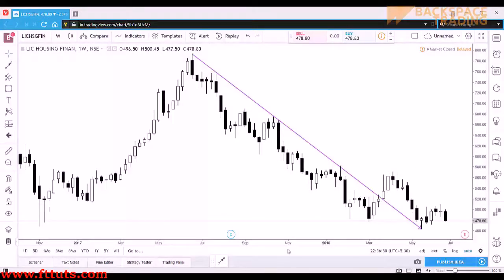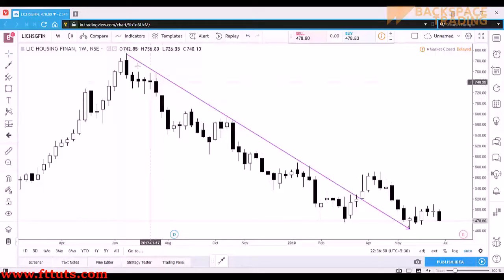What do you exactly see? Can you see the downtrend that is happening? This is the high. This is the low. This is the lower high. Because this is a high, we have another small high but lower to this high. So it is a lower high, lower low, lower high, lower low, lower high, lower low, lower high, lower low,